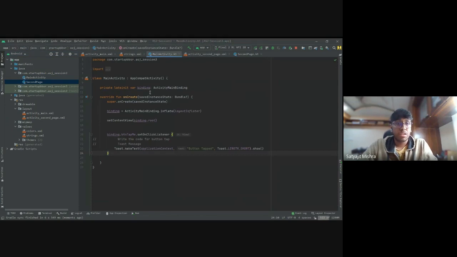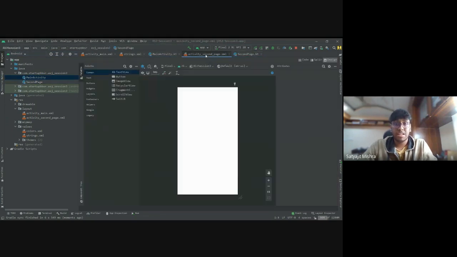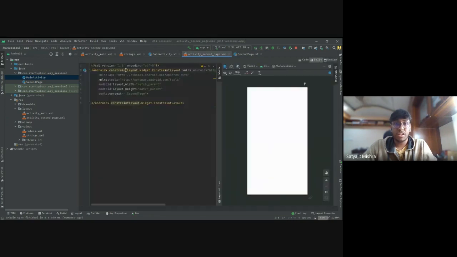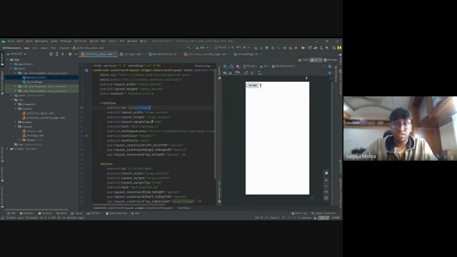Now, suppose I want to go to the second page. For now, the second page has no element. If I split it, you can see it only has a constraint layout, but inside it has nothing. It's a blank screen for now. Now, again, I'll just add a text view to it. I'll quickly add a text view. I'll use the same text view that I used here. I'll just copy this code